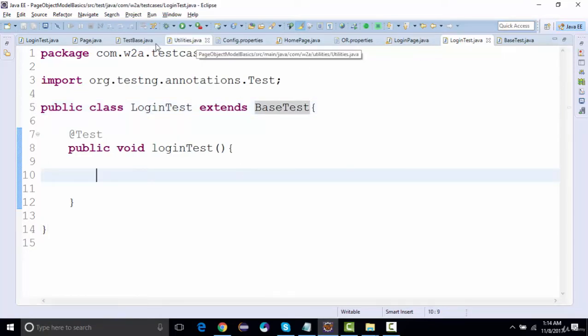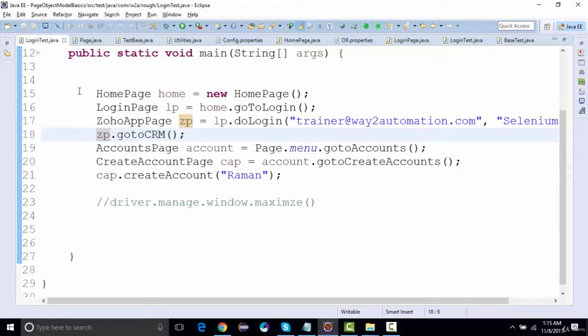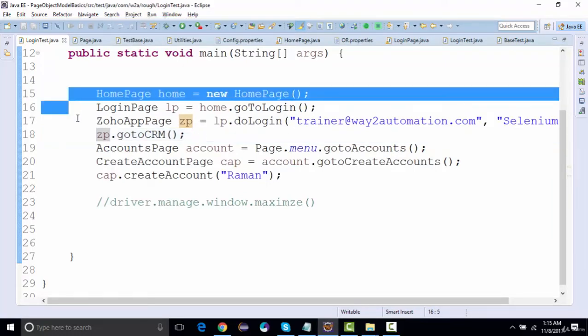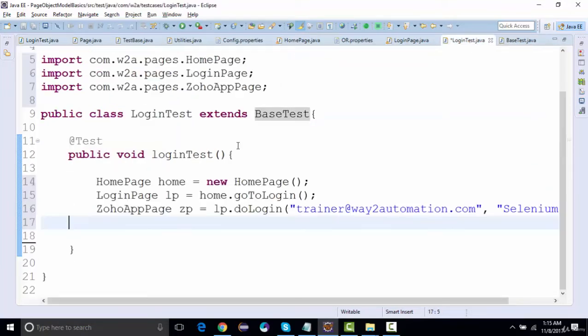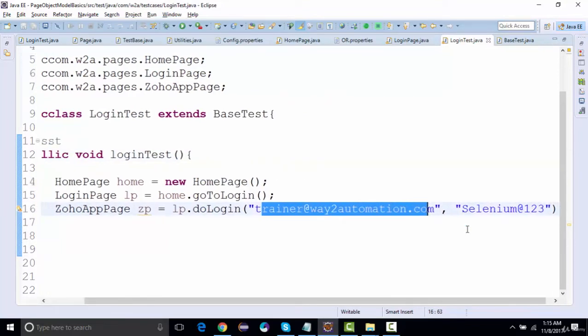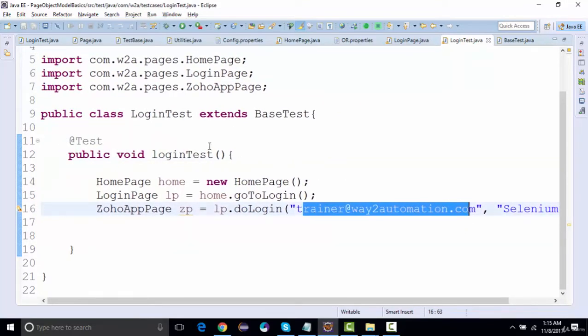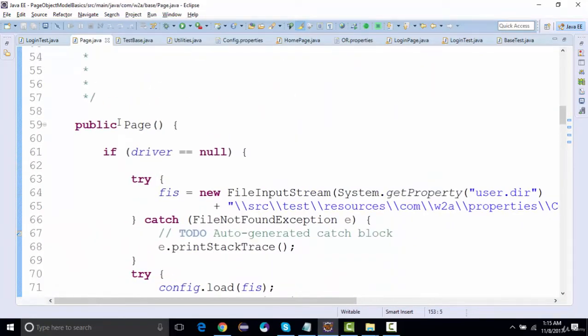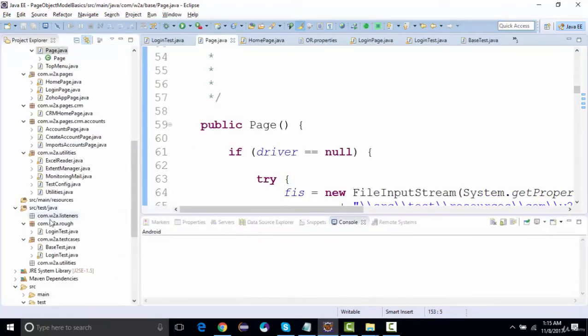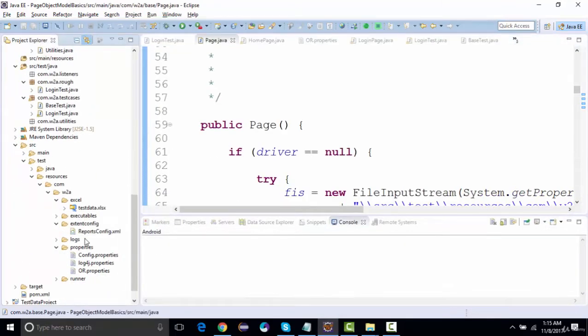Right. And in the login test, what we're gonna do is navigate to the home page, click on login, and then perform the login. So up till here, I'm gonna take it and put it inside my login test like this. These values will be read through an Excel sheet, but before that, I would like to run this test in order to make sure whatever we have set up so far in our page class works fine. Right. So I'll go to my runner